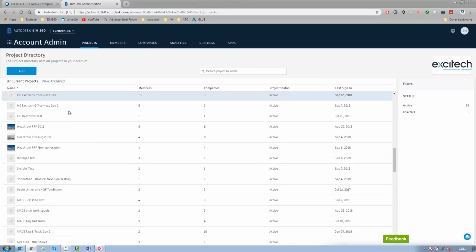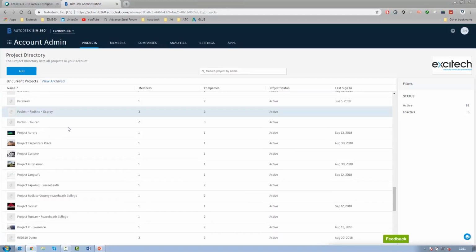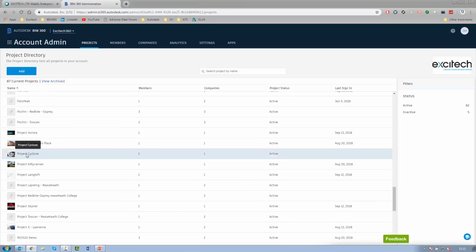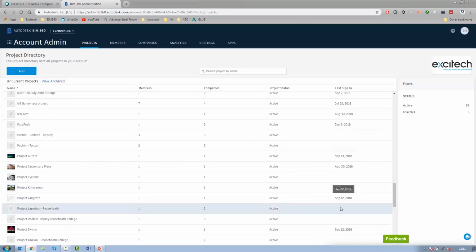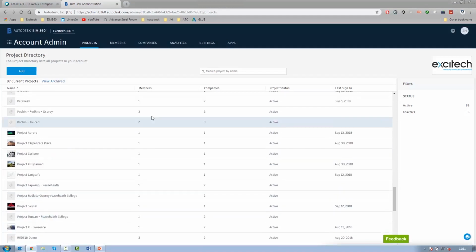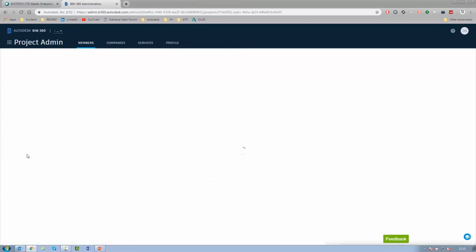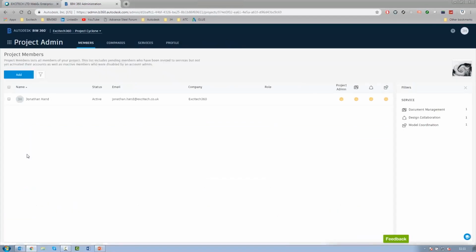So if I scroll down, I can find my project Cyclone. You will see that currently it tells me that there is one member, which is myself, and one company, and the project is active. You will see that under the login date, it's blank because nobody is logged into the project. So to activate the project, I simply click Project Cyclone, and there you can see the members, which is myself,